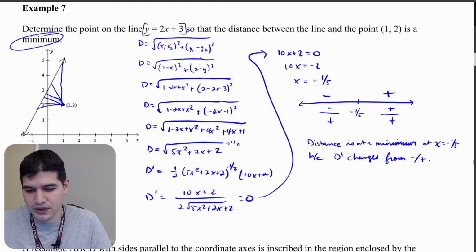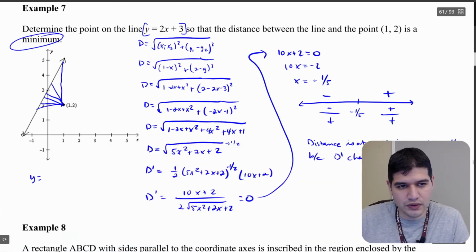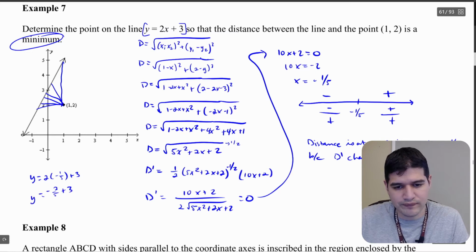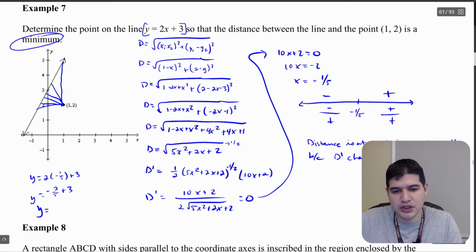So I'm going to substitute that into the equation y equals 2x plus 3. So y equals 2 times -1/5 plus 3. So that's -2/5 plus 3 equals y. So with a denominator of 5, that's going to be 15/5. And so y is equal to (-2 plus 15)